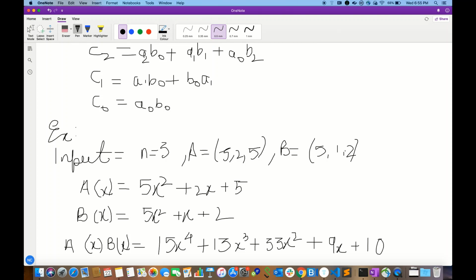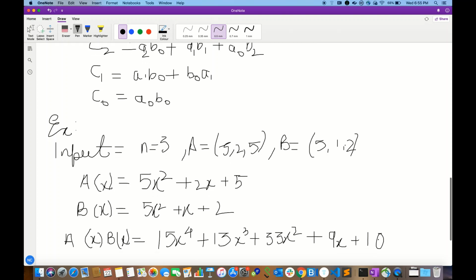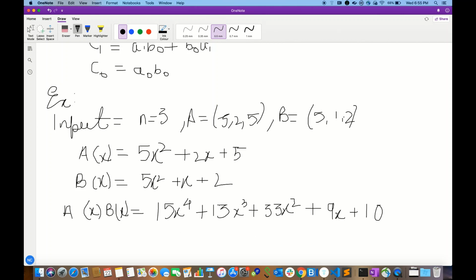So this will look like the product of equation A and B, and the output desired would be